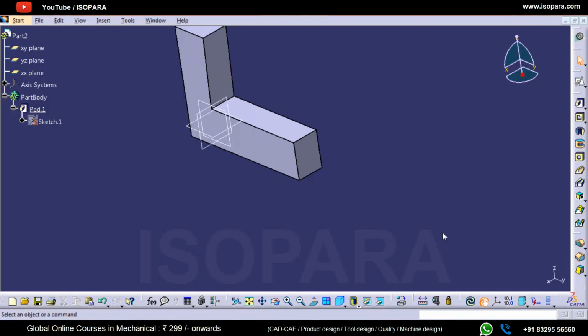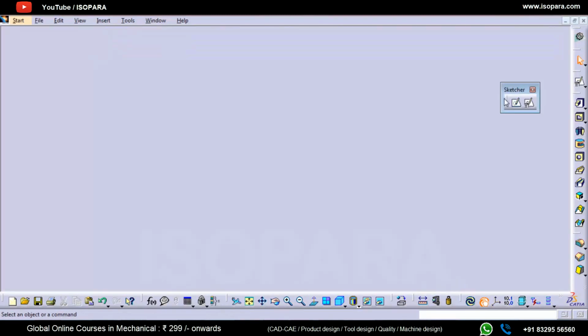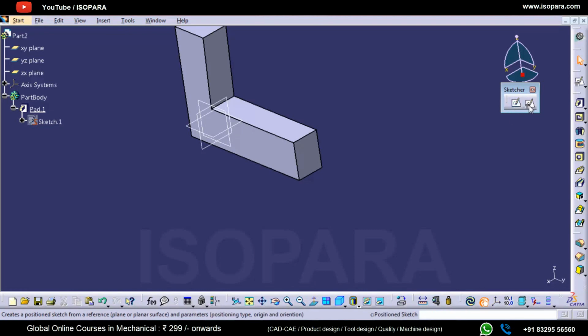Starting with the CAD methodology in sketcher. It is preferred that, instead of using the sketch option every time, you should use a positioned sketch.